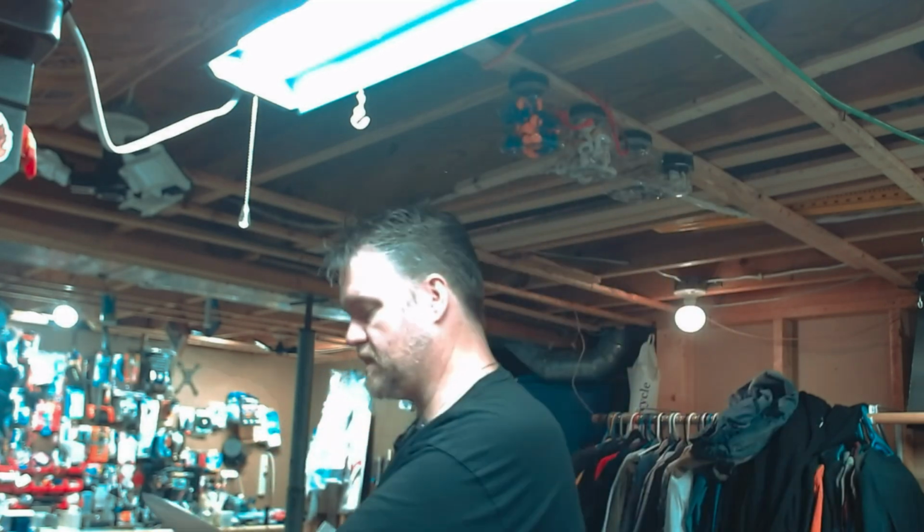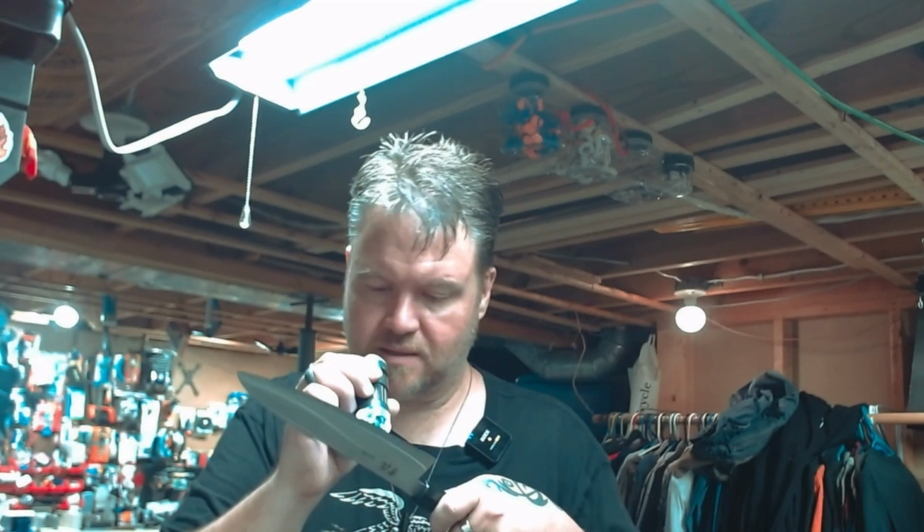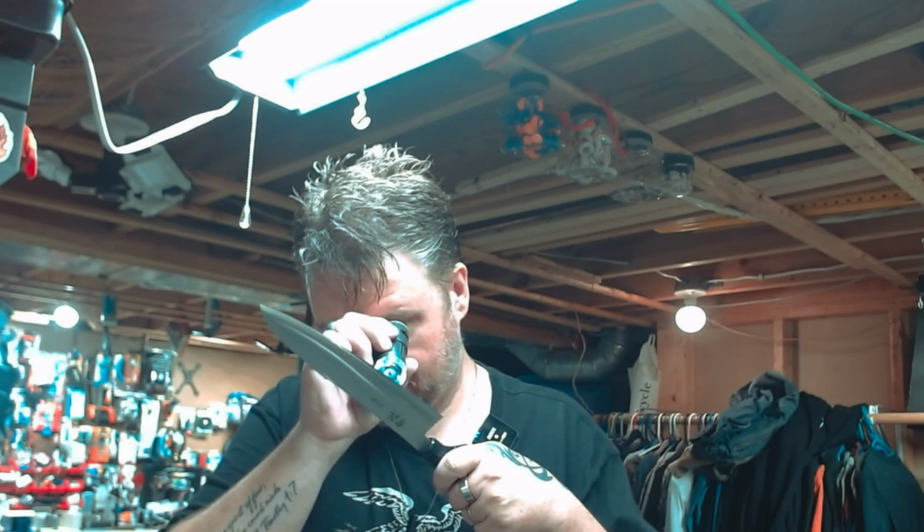Give it some significant time. If you want me to record that, let me know. And then I could show you the scratch pattern today, which I plan on doing anyway, between both of them. And then I could show you the scratch pattern after I polish. Because, like I said, let me look at it again after that stropping. But yeah,